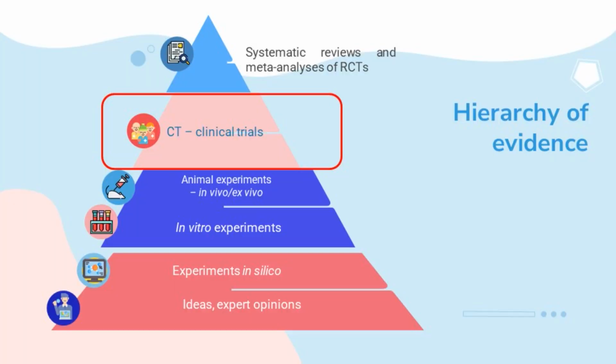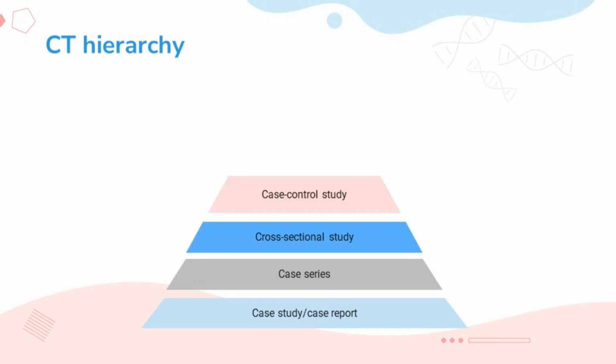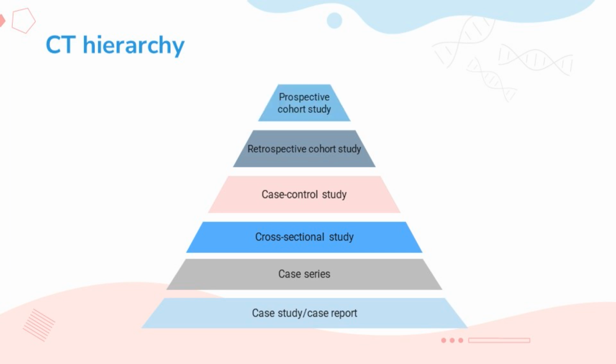The big layer in the pyramid is for clinical trials. They in turn have their own hierarchy and are usually spelled out together, but I just didn't have enough space on the slide. At the very bottom are case studies and case series descriptions. These are often combined into one category. A notch higher are cross-sectional studies. Then come case control studies. Above them are retrospective cohort studies. Cohort-based but prospective cohorts follow. The bright star on this pyramid is randomized clinical trials under the common abbreviation RCT.